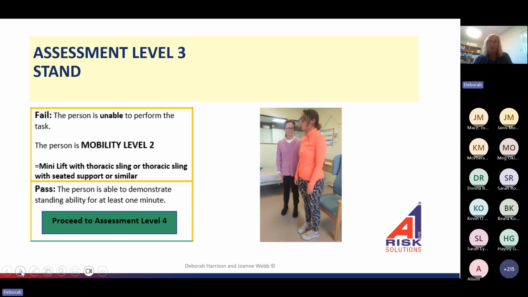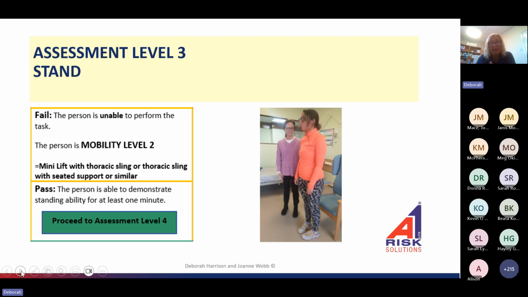So let's just look at how we could use this differently. In your rehabilitation model or your reablement model, and I wouldn't use this as a term when I'm working with care providers, I will say, okay, I want you to do some standing practice. So when I'm using this piece of equipment, whichever piece of equipment it is, I will say it's okay for them to stand up for a couple of seconds. From a therapeutic perspective, the care providers are doing standing practice in between the therapist going once a week.